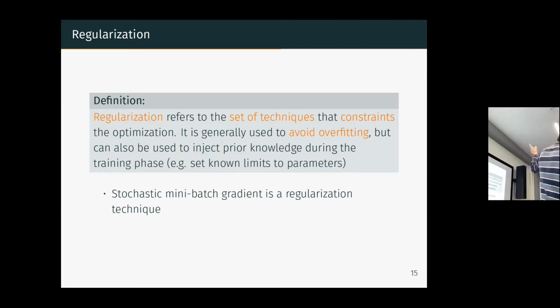And this is why sometimes, in the example on the TensorFlow playground, even if we don't have regularization, you remember at one point we didn't have any regularization. We have some noise, but we didn't overfit. And this is I think because we had this stochastic gradient. Because each time you don't go exactly until the minimum, you stay around the minimum and you don't overfit. But this is also what explains the oscillation of the minimization sometimes.